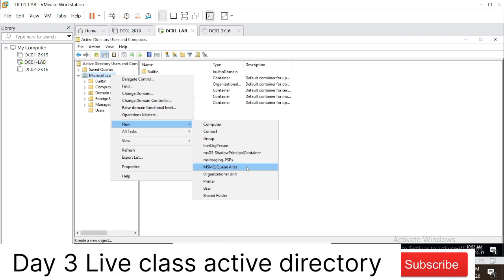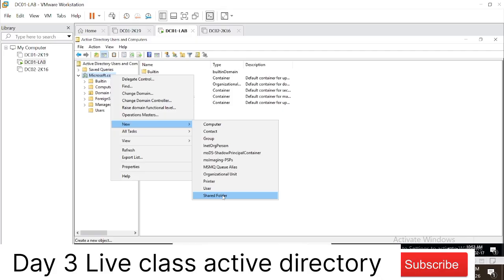But generally we have not even created an OU. OU is something like a segregation of the departments. Then we have printers, then we have user shared folder. So these are the basic tasks you generally get as an IT admin, system admin, working in Active Directory.